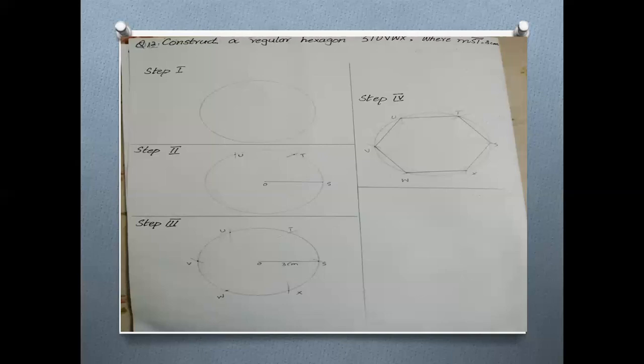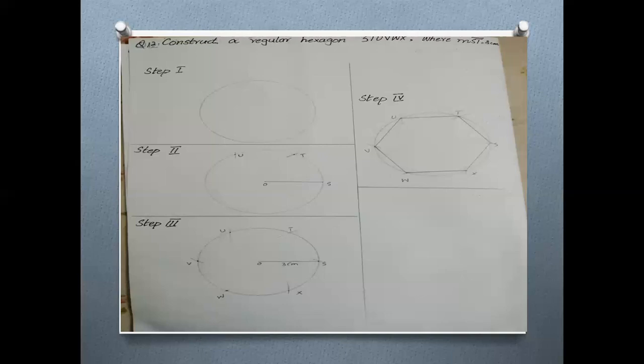These are the segments and the arcs' names are STUVWX. Now you join with the scale: S with T, T with U, U with V, V with W, W with X, and X with S. And in the last diagram, this is the final one. You see that within the circle, we draw the 6-sided figure, which is called the hexagon. And when you measure the angle, you see that each angle will be 120 degrees.